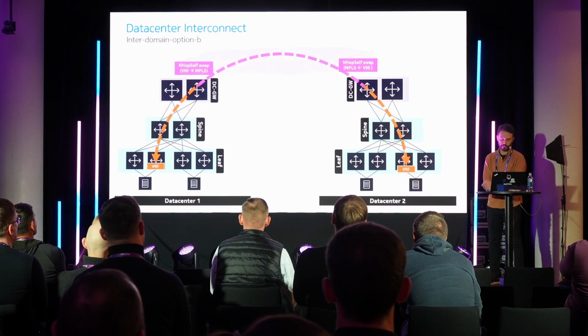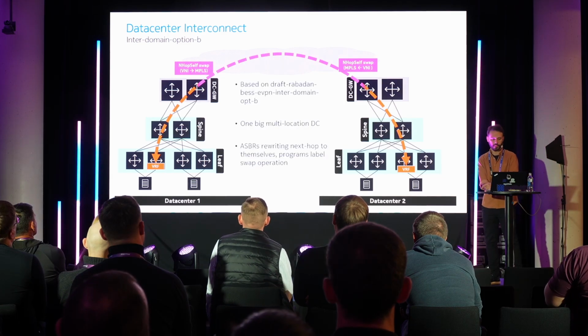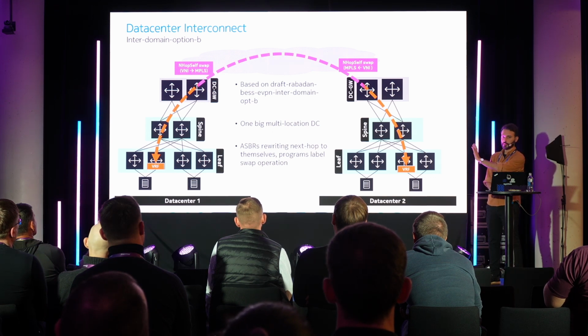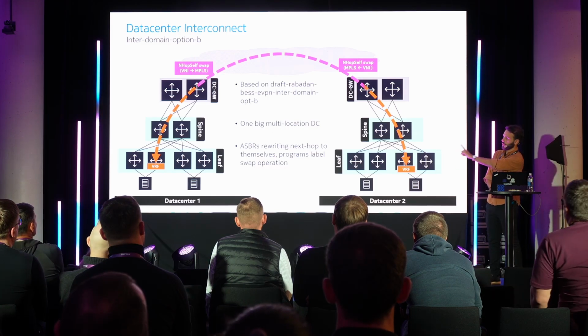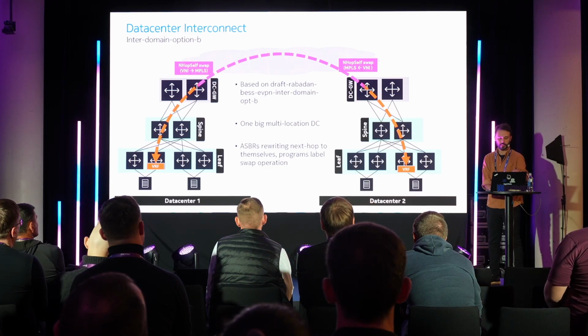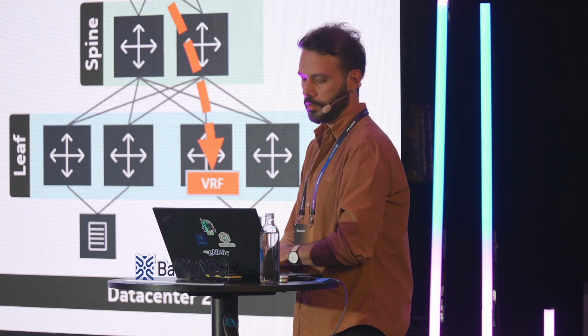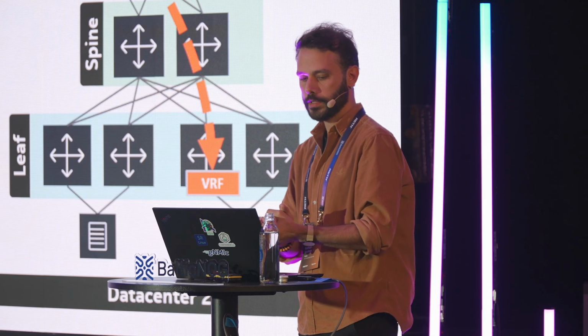Interdomain option B is one of the approaches. This is based on the draft interdomain option B. We are operating one big multi-site data center. EVPN updates are propagated back and forth, and basically the DC gateways are in the role of ASBR. They are basically rewriting the next hop to themselves. So typically what happens is